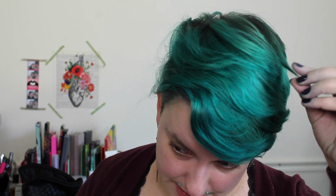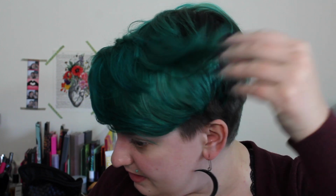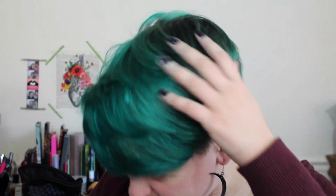I'm gonna try and talk about the things that I'm using as I go along, but we're just gonna have to see. My hair is looking a little bit weird because I cut it and dyed it myself yesterday. I don't mind how it looks, but I'm looking at the back and it's a bit weird, and I have no texture on the top because I don't know how to do that for myself. So I'm just gonna live with it and hope that on my non-wash days it'll have a little bit more texture. Besides, I'm gonna have to get used to these at-home haircuts,